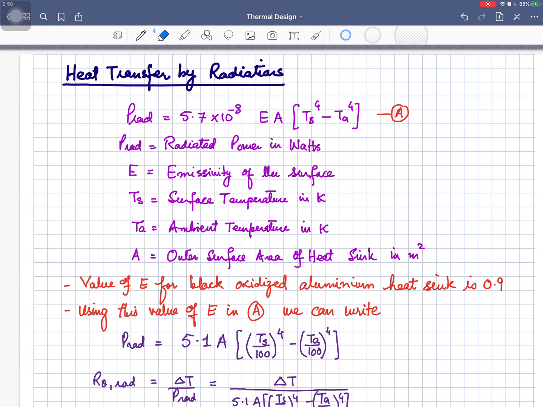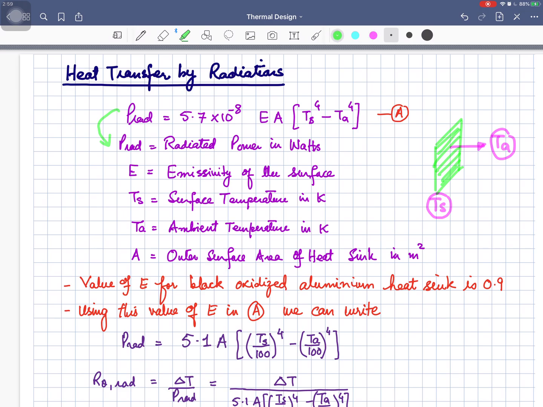5.7 into 10 raised to the power minus 8 into E into A into Ts power 4 minus Ta power 4. So what is this P radiate? That is the radiated power in watts from your device. So let's suppose that you have this device or some surface. From here the heat can be radiated into the environment. The environment temperature is, let's suppose, Ta, and the surface temperature of this material is Ts,